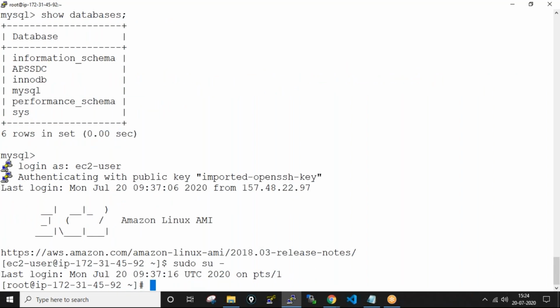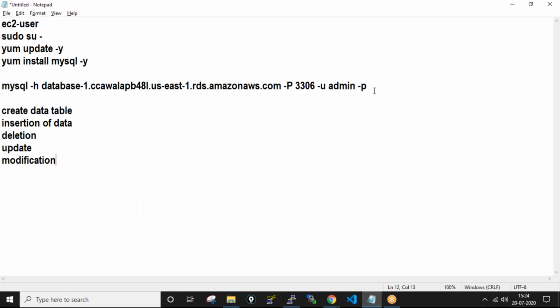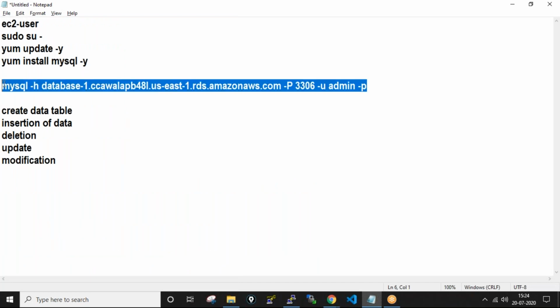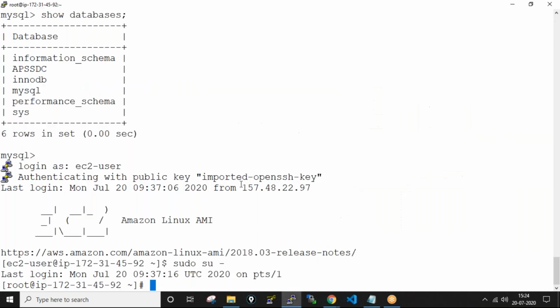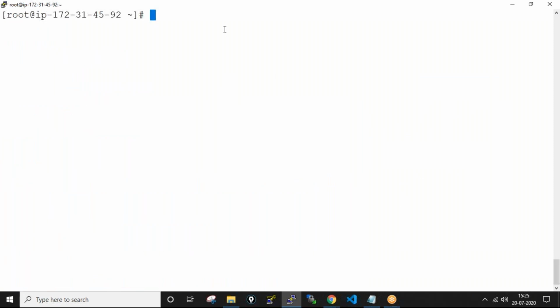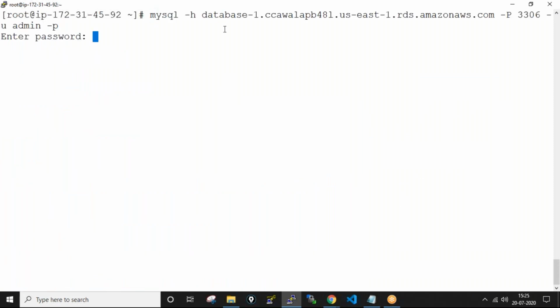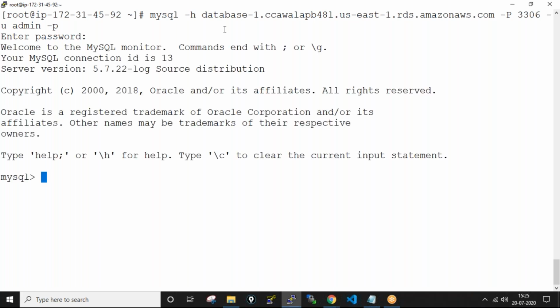I need to give the command again, so I need to copy this command and paste it here. Enter. Give the password. It has successfully connected. Now type show databases.